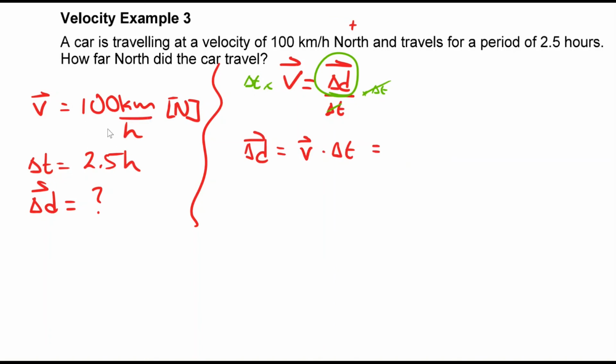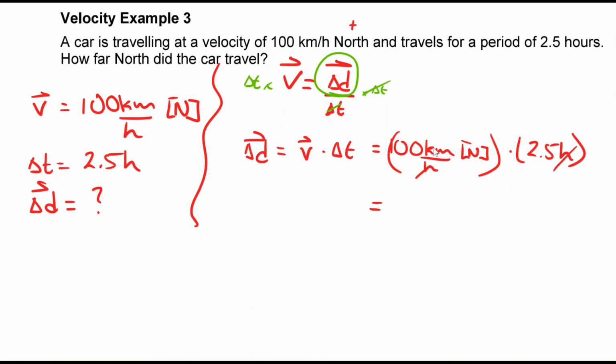So we know what our velocity was. It was 100 kilometers per hour in a northerly direction. And we're going to multiply by how many hours? 2.5 hours. So hours and hours cancel out. And the units I'm left with is kilometers north. So this is going to be 250 kilometers